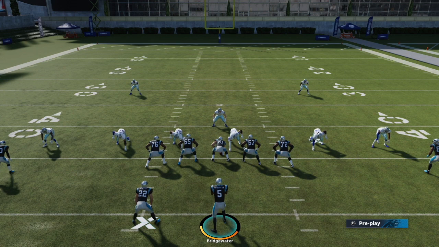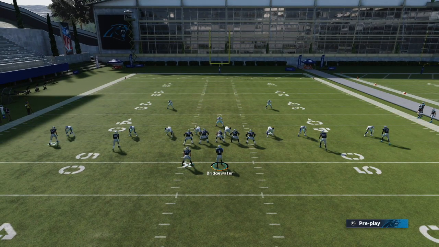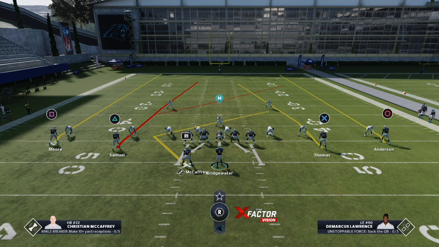Routes like slip screens, option routes, angle routes, and wheel routes are what you need in order to beat the defense here in Madden 21. As we know, man defense is very overpowered. So utilizing some routes like the Texas or angle route out of the backfield with a guy like Christian McCaffrey